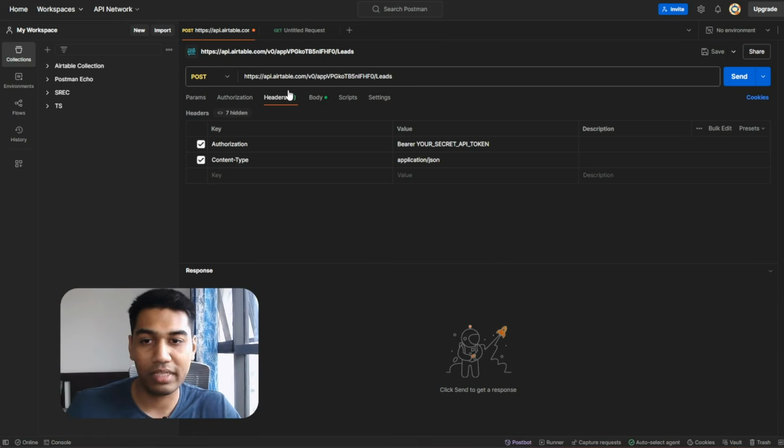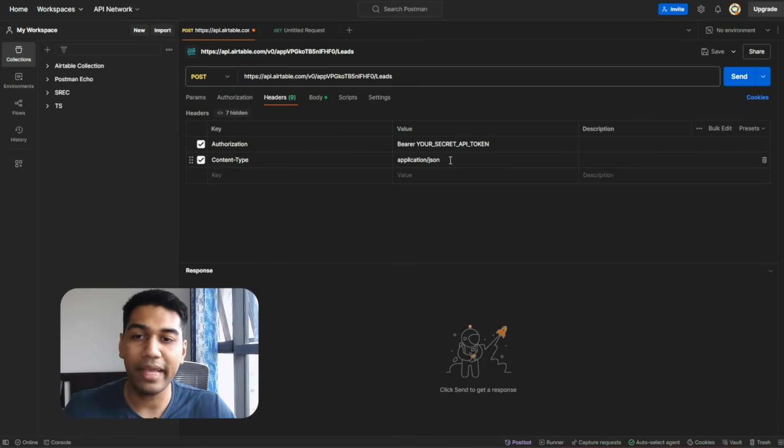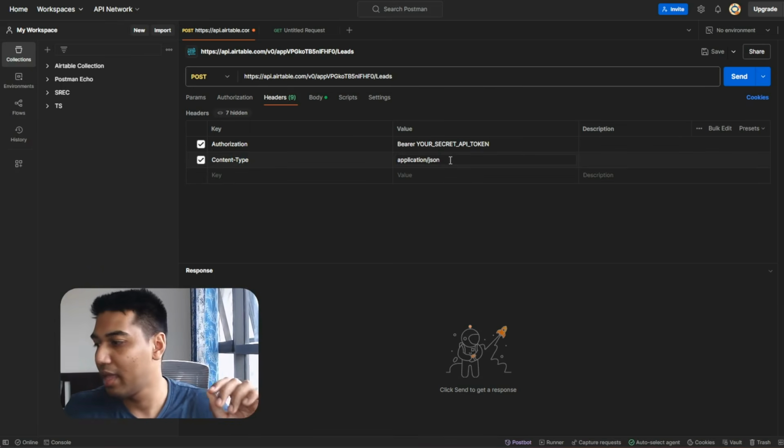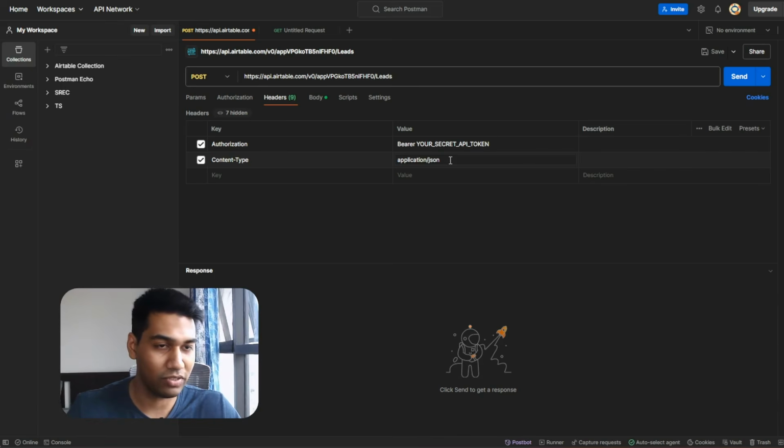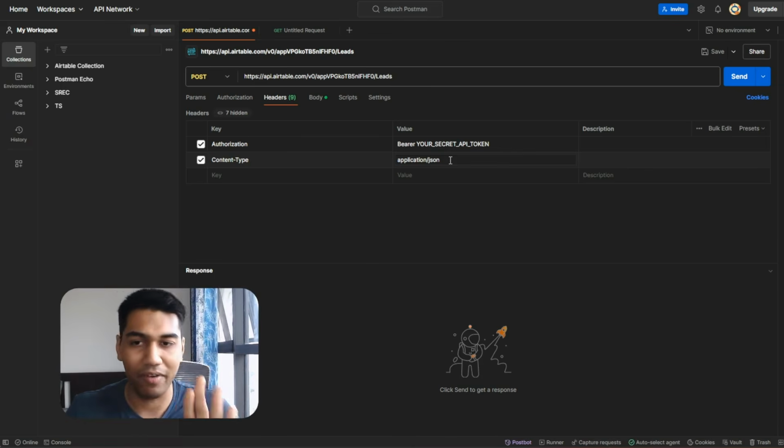But now there are two more things that you need to keep in mind. The first one is the content type. The content type is something that you're going to see everywhere, pretty similar. It's application slash JSON. Now, application slash JSON is the format that we are going to send the data in. Now, this is created by default in every API. You might find something else. Most of them will have a JSON option. So for this, you just need to always make sure that this is application slash JSON